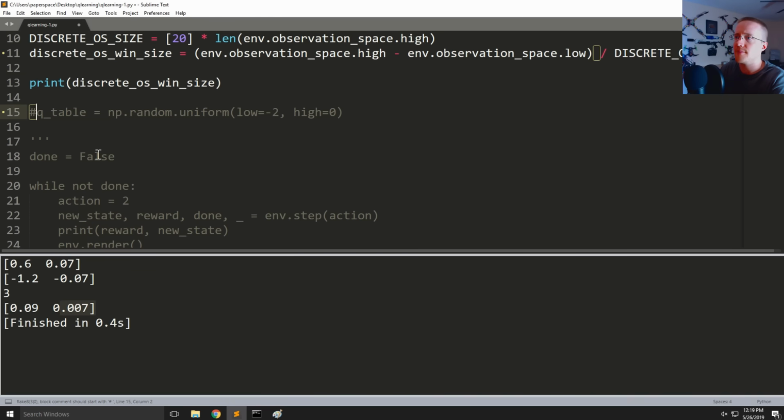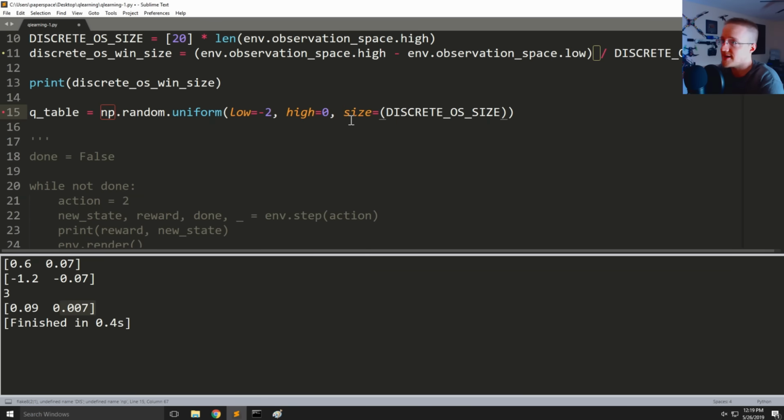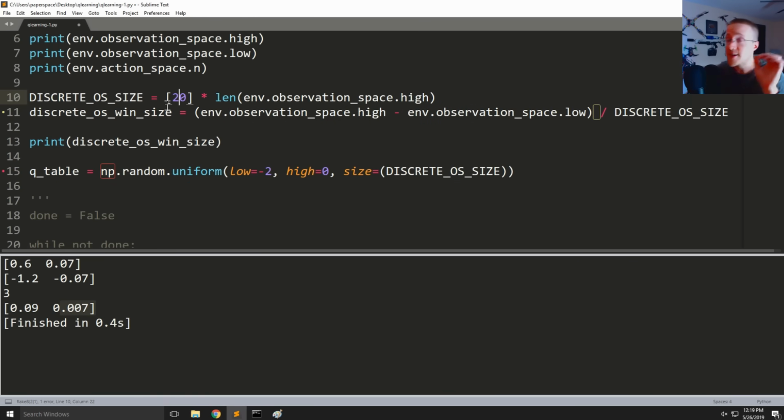But anyway, coming back to our Q table. So our low is going to be -2, our high is going to be 0, and then finally our size is going to be equal to the discrete OS size, which if we come over here, that's a 20 by 20. So the table is 20 by 20. So when we make a 20 by 20 table of this discrete observation space size, that contains every combination